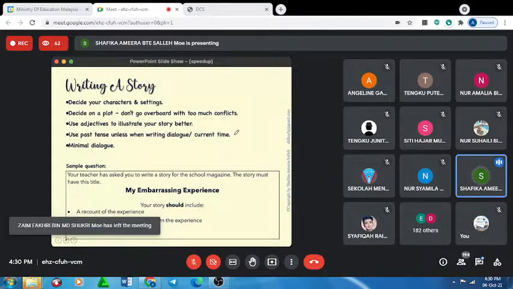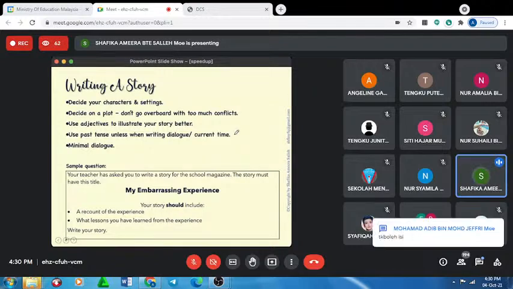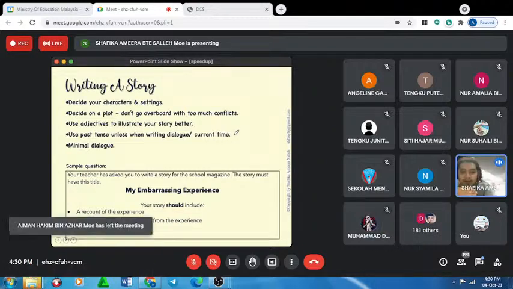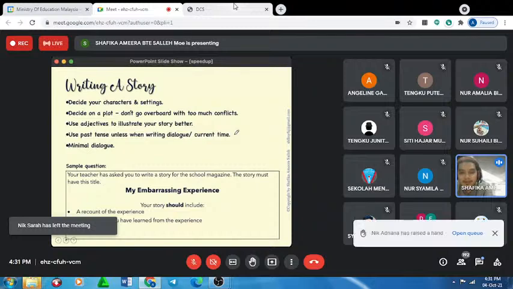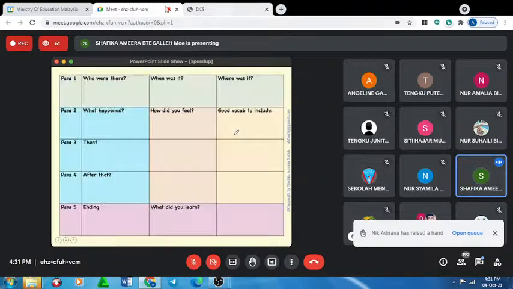Okay. So when reading the question, it is very important to pay attention. Perhatikan betul-betul the bullet point tu. Kita tengok yang pertama mesti ada, dia kata a recount of the experience. So mesti cerita secara ringkas apa yang terjadi masa pengalaman tu. Okay, recount ni. Alright, and then what lessons you have learned from the experience. Okay, tengok lessons. Lesson tu ada S, maksudnya more than one lesson. Should be more than one lessons. We have to pay attention to this in order to get full marks for content. Okay, bila faham apa yang dikehendaki oleh soalan, we can actually write better and get good marks for content. Alright, so